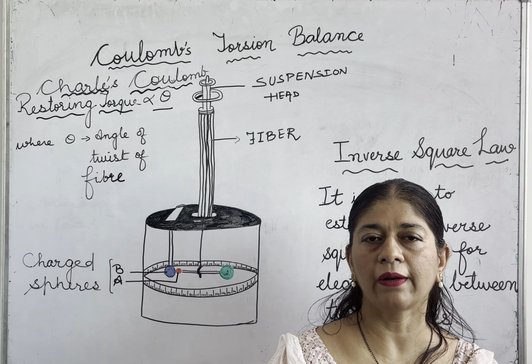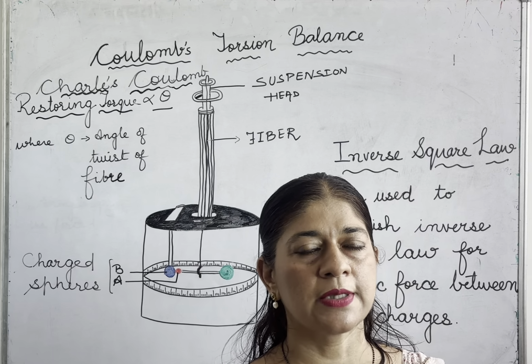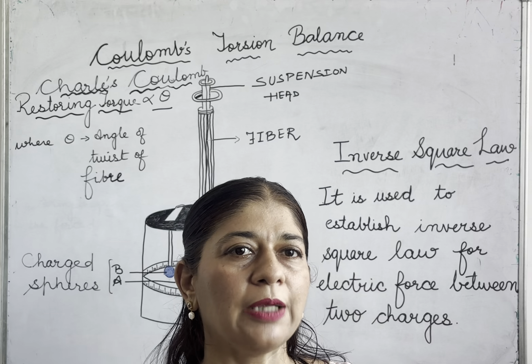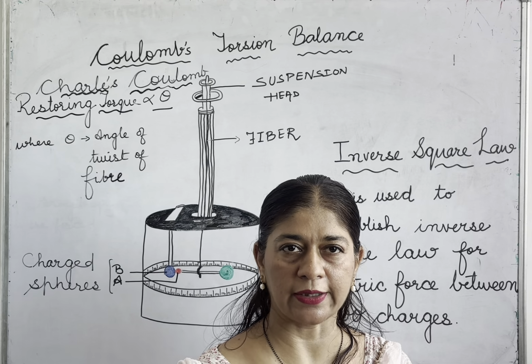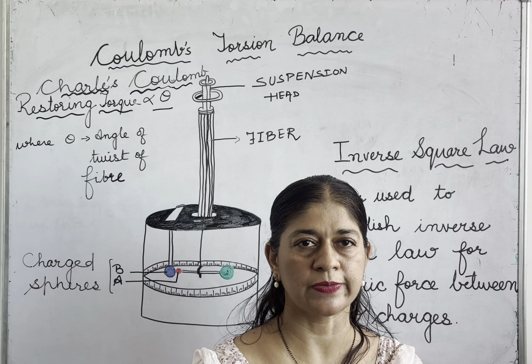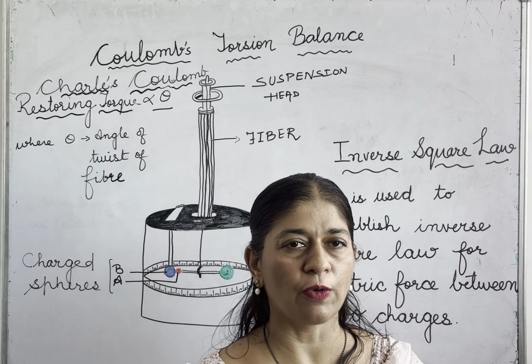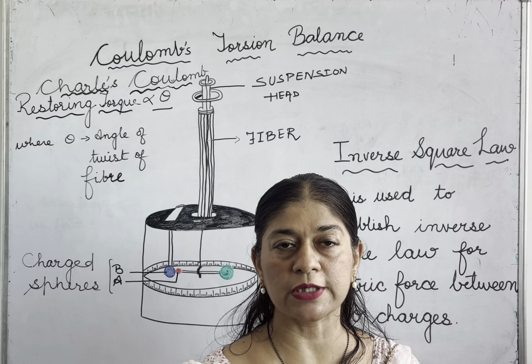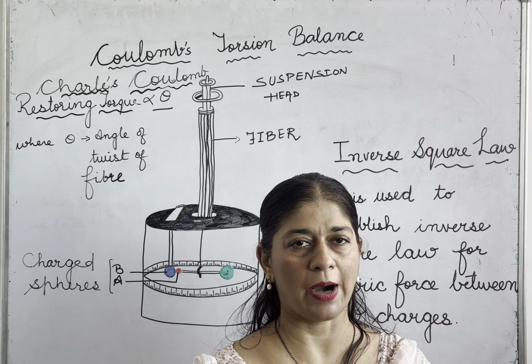We know that there are two types of electric forces: attractive if they are lying between two opposite charged particles, and repulsive if they are lying between similar charges. Now in today's topic we want to know how much is the force lying between these two charged particles.